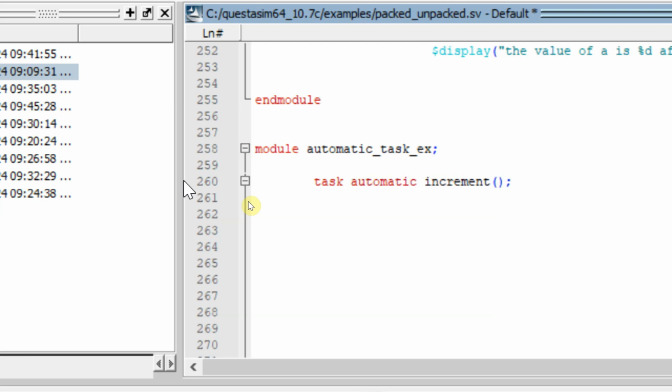I will declare this task as of automatic type, task automatic increment. Inside this I will create an integer I, and I will increment this integer: I = I + 1. Then I end the task. Let me display also because there are no input and output arguments. $display("the value of I is %d", I);